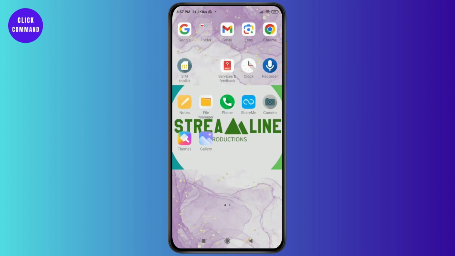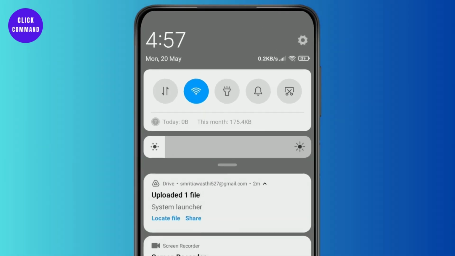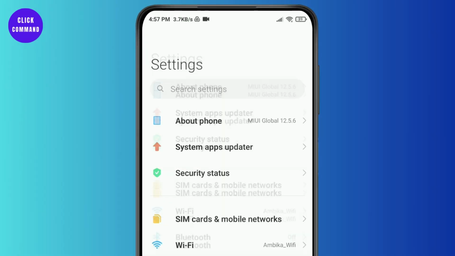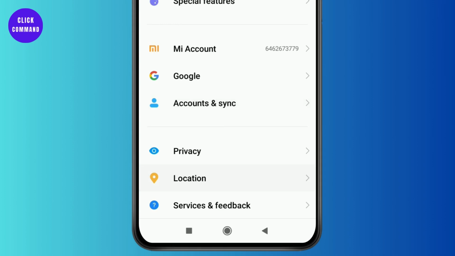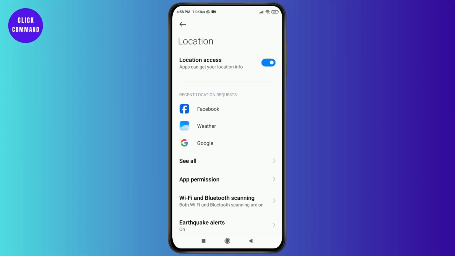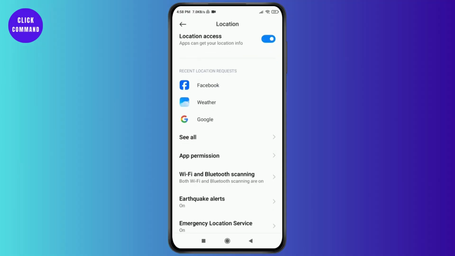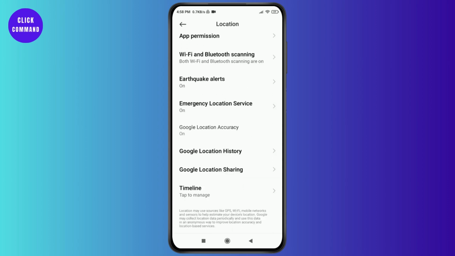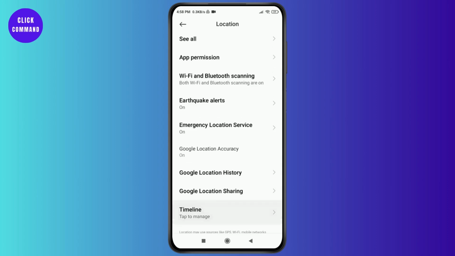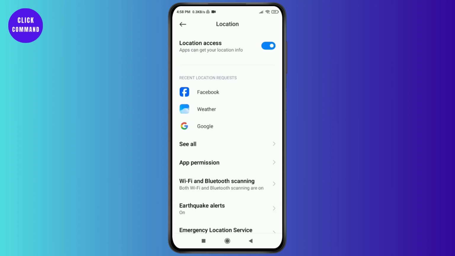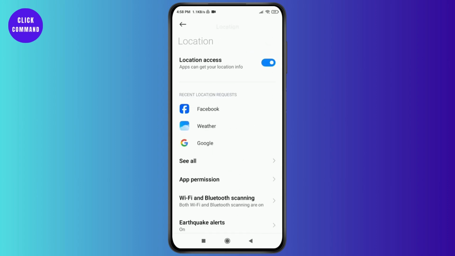So to do that, just scroll on the notification bar up there, tap on the gear option, which is the option of settings, and scroll down and tap on the location option just below the privacy. Make sure you have given all the permissions and also you have allowed everything right here, and you have also given the location access, and you have shared the location via Google, and also turn the location access on your phone. If you have done so, then this should show the location on your phone, but sometimes